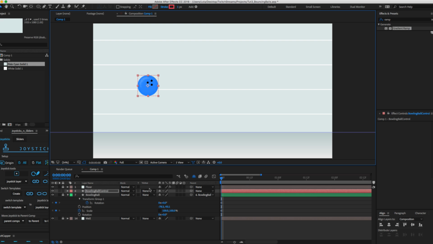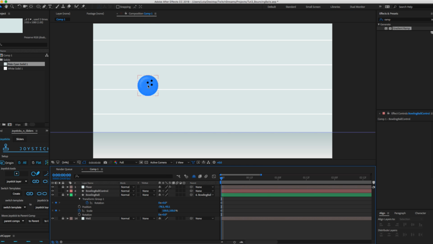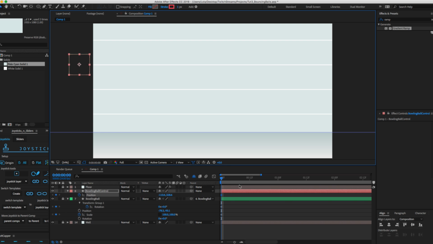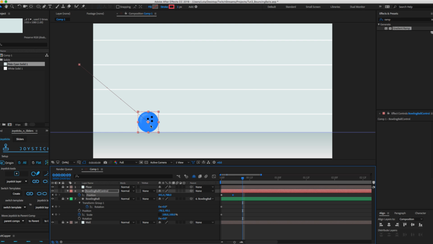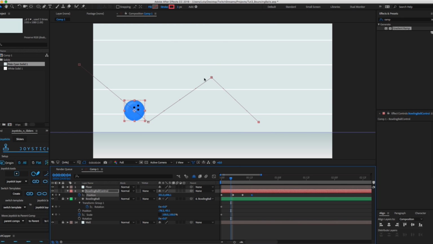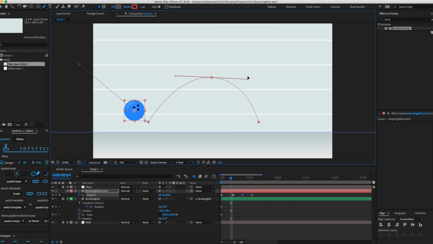Your ball is parented to this, so this controls what we were doing earlier. This position, bump. So that does the job of what we were doing earlier, but now